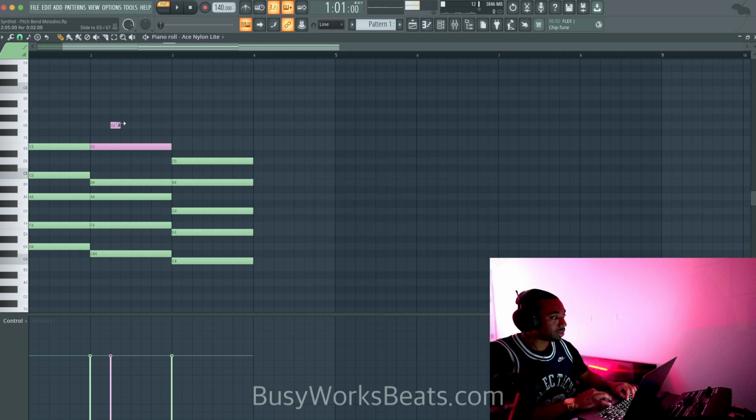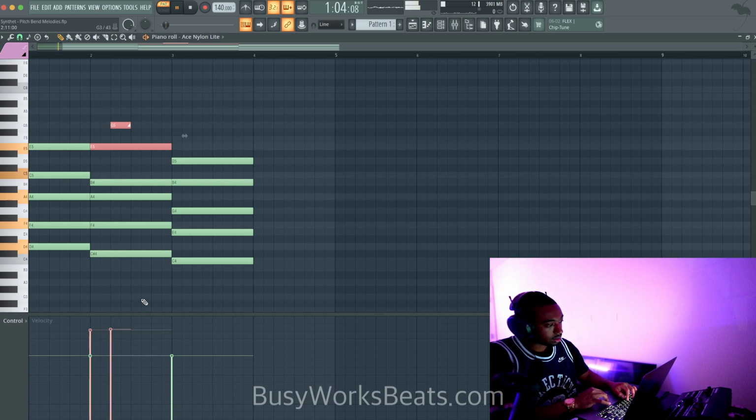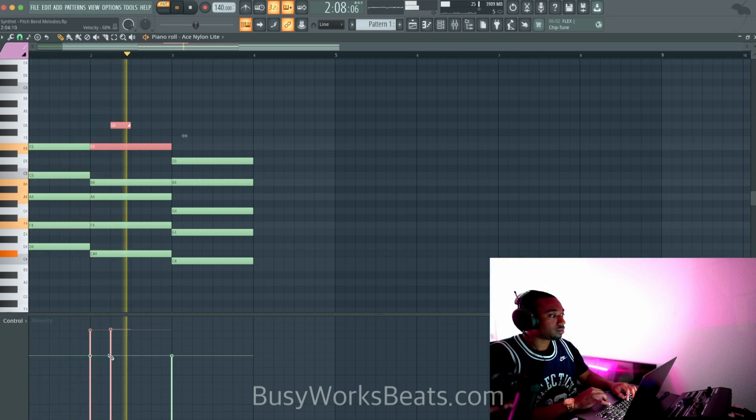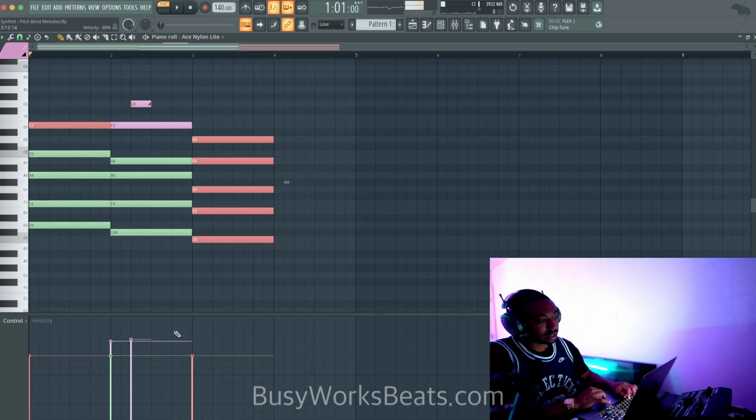Okay, so now we want to pitch bend. And again, let me make this note louder so you can hear. So now the top notes play a melody and then the rest of the chords.